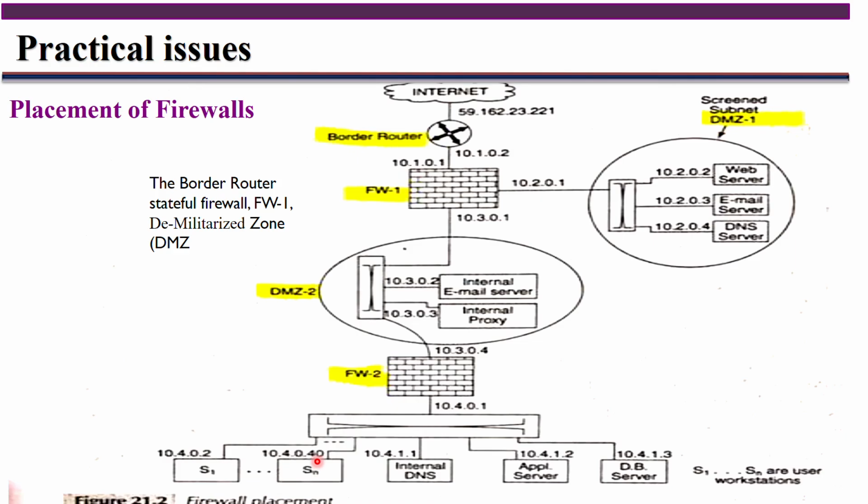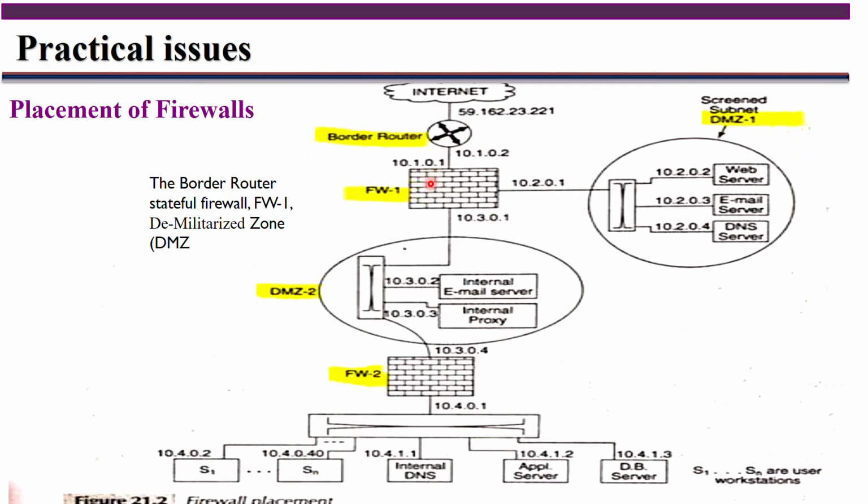So to communicate between these two, what things are you using? Directly, it is not connected. You have to pass through the border router. The first security zone is the border router. If the internet wants to send some packets to your internal protected machines, first it has to forward through the routers. In the border router, it performs packet filtering. Packet filtering means it checks the IP addresses and the port number. If they are correct, then it forwards to firewall 1.